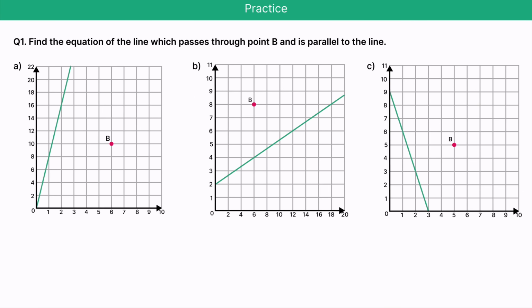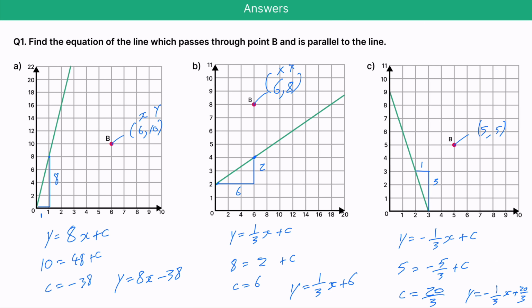So here's some practice questions. Press pause now and have a go. I'm about to put the answers up now. So here are the answers. Mark your work. So moving on,